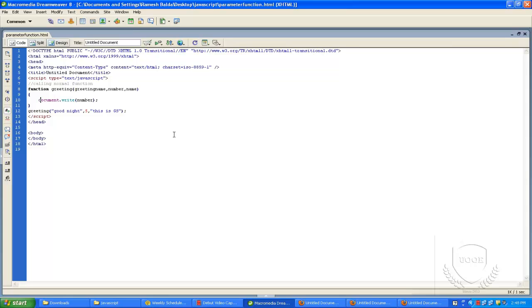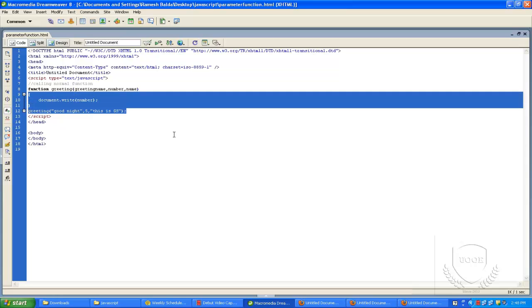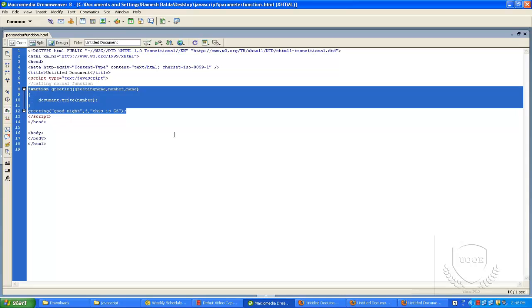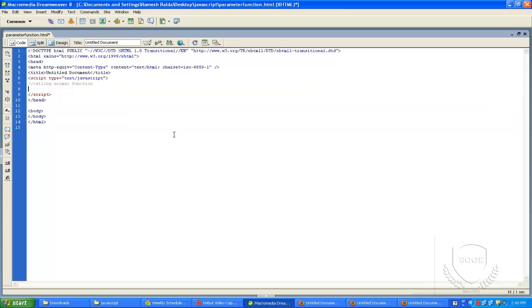Suppose right now I'm explaining a function return value. Suppose I'm creating a new function.